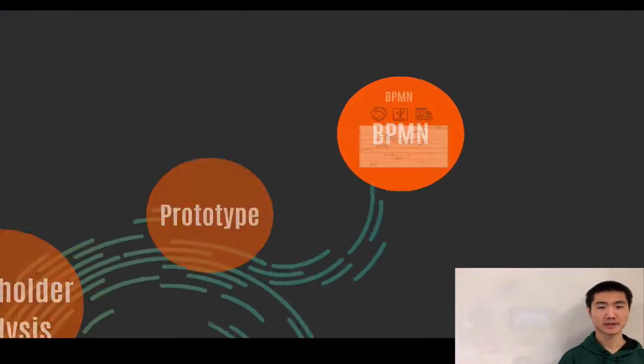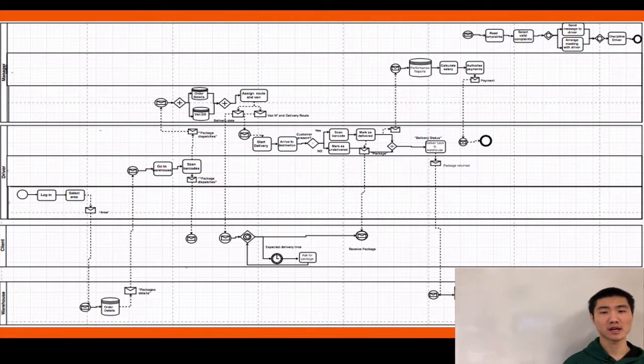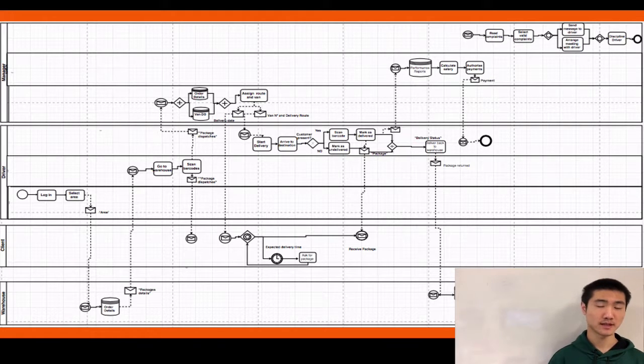The BPMN demonstrates the flow of processes in the Amazon delivery service. With its power of expression, it describes precisely what happens in the entire process, from the very beginning when a customer places an order to the end of the business. With the BPMN, the managers can have better control over the entire business and ensure better communication between different stakeholders. With the guidance of the DFD, we finally designed the BPMN